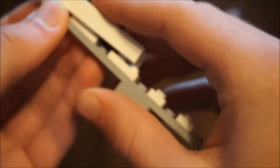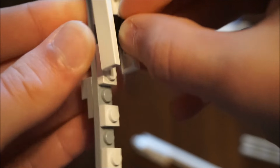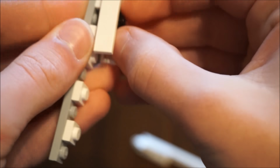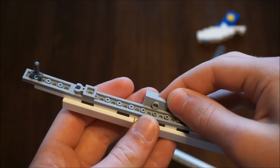Now, of course, this is going to be quite a struggle, since these pieces have side studs facing forward and back, so getting it in can be pretty hard, and I will cut out that part in the video to make this a lot shorter. Okay, so 2 silly mistakes that I came across from prior is that you do need